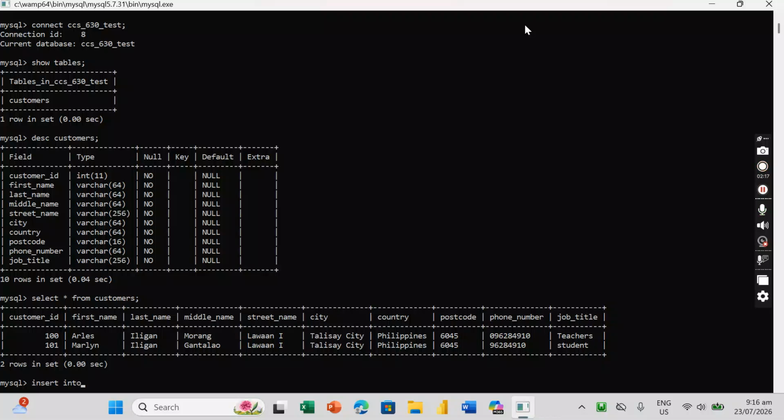So, insert into customers values. Okay, 102, then single quotation marks for the first name, for example Shine, then the last name in quotation marks, Legal.